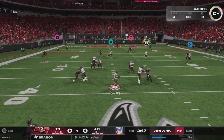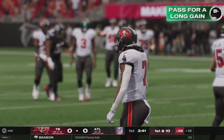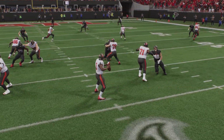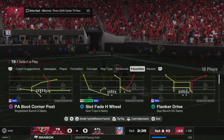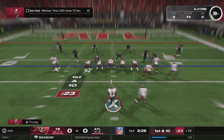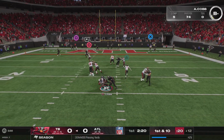Out of the gun, he'll throw. A pass pulled in by Irving. It is a gain of 16. They get the 3rd down conversion by about a yard. 3rd downs, Mike, those are quarterback downs. Those are the downs where you tend to find yourself in a must-pass situation, and that's where the top guys in the league are still capable of overcoming it. So throw the ball downfield, be accurate with the ball. Winning on 3rd downs, that is a recipe for...